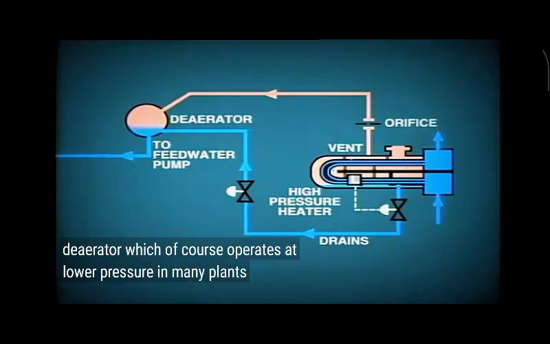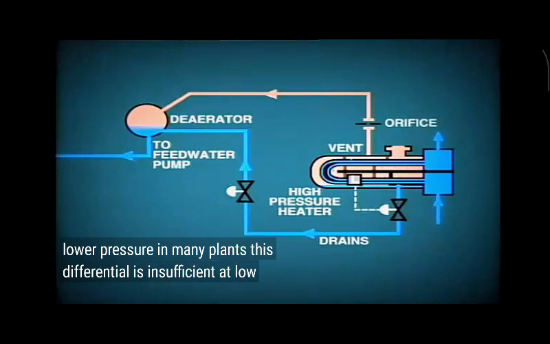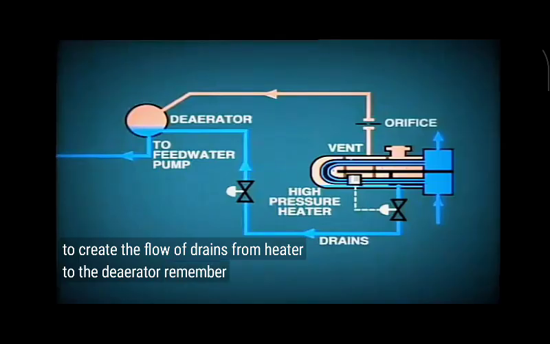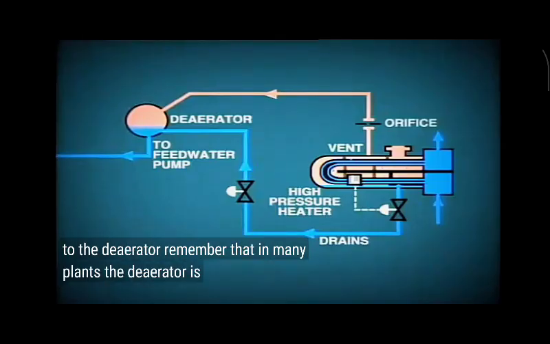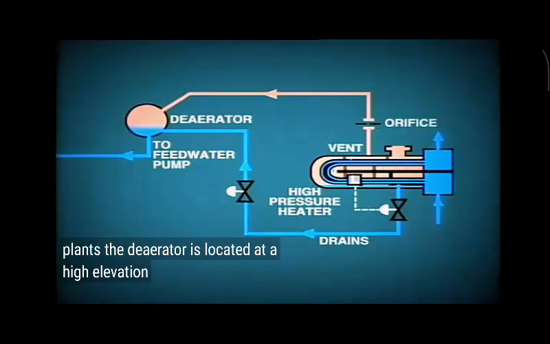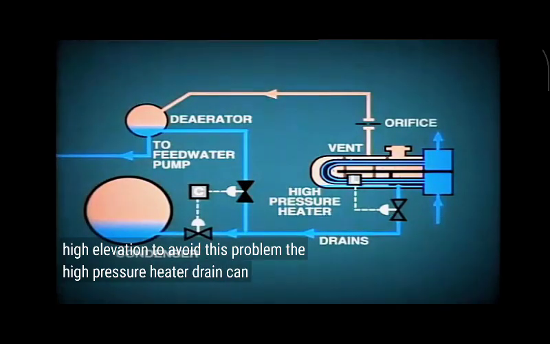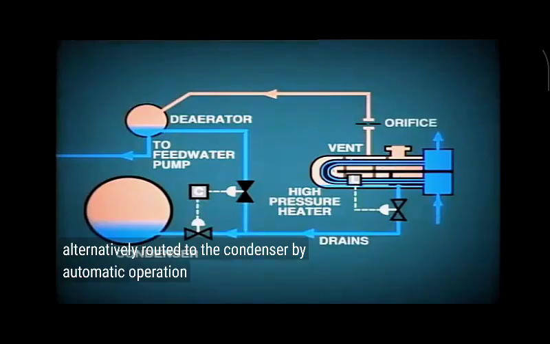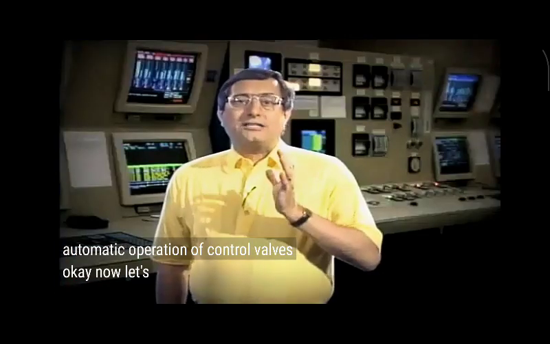In many plants, this differential is insufficient at low load to create the flow of drains from heater to the de-aerator. Remember that in many plants, the de-aerator is located at a high elevation. To avoid this problem, the high-pressure heater drain can be alternatively routed to the condenser by automatic operation of control valves. Okay, now let's turn our attention to the